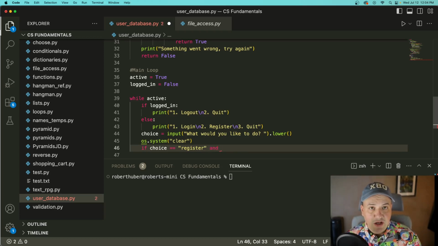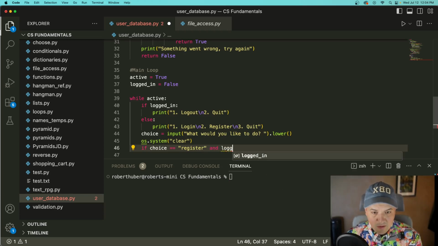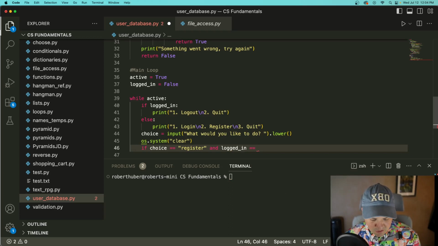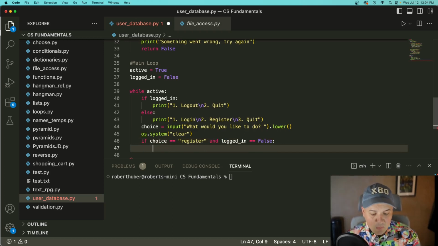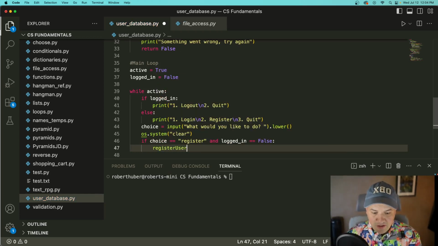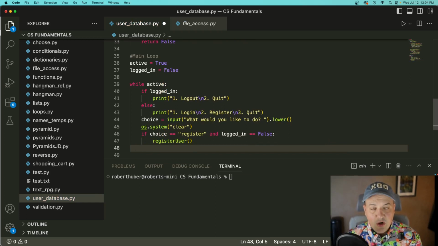Now we want to check two things initially. If they select register and they're not logged in, then we can send them to the register. If they selected register and they are logged in, which by the way isn't even a choice on our menu, but let's say theoretically they typed that, we don't actually want them to be able to register again. But in this case, if they aren't logged in and they do choose register, we do want them to go ahead and be able to call the register user function. Else if